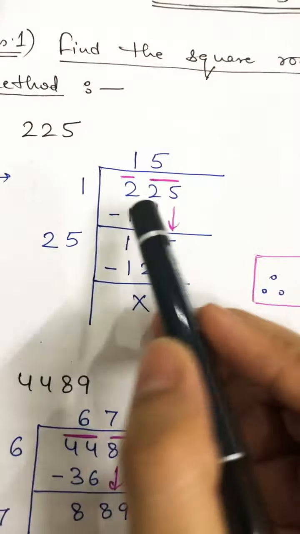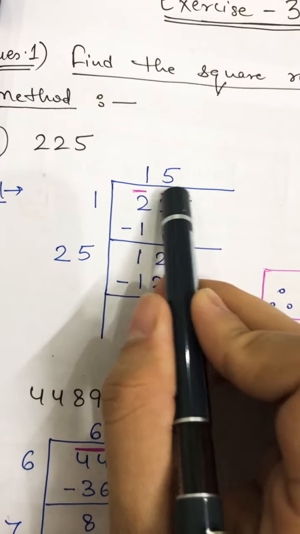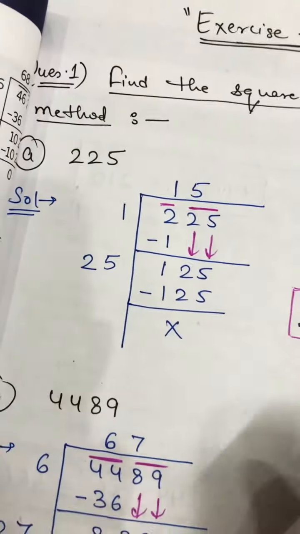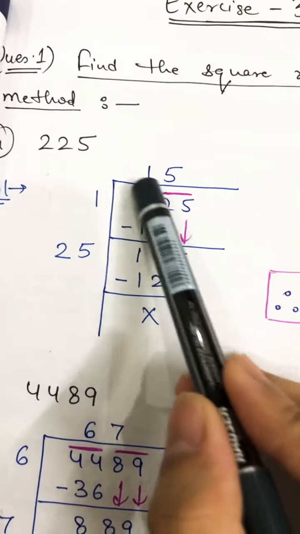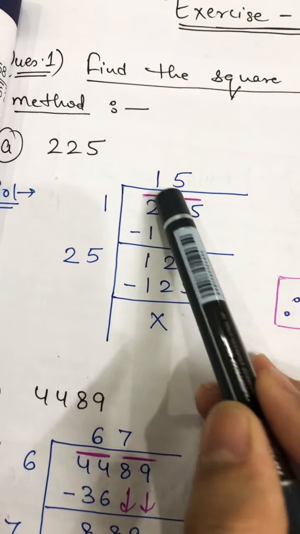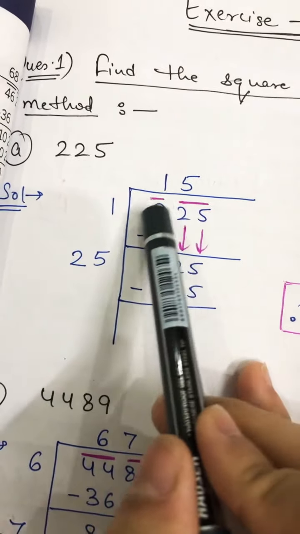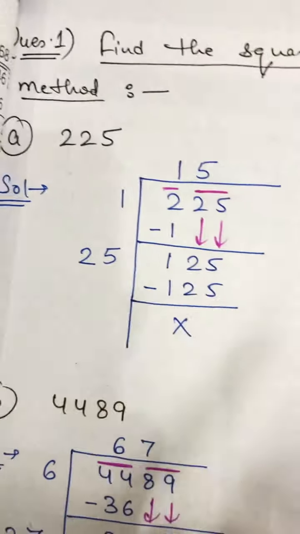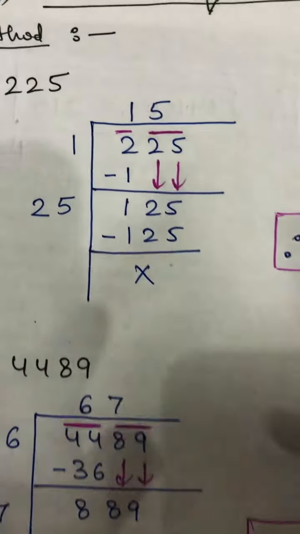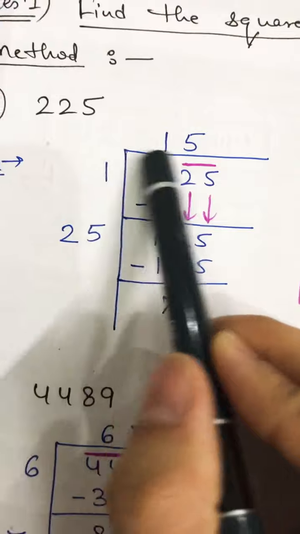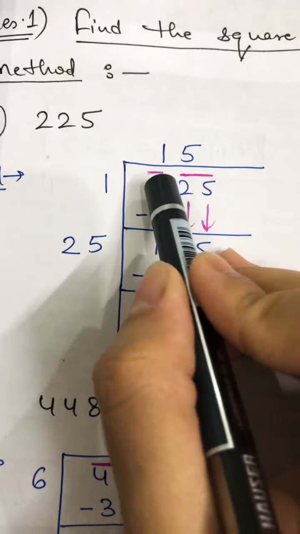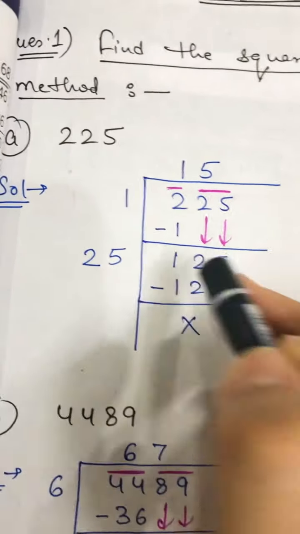Now a part is 225. I have made the pairing here: 25 is one pair, and 2 is single, so I'll make a single bar here. Now you have to see this digit. First of all, you have to calculate this. If two digits are there, then you have to see 2 digits. If 1 digit is there, then you have to see 1 digit. And you can see this only with the help of the bars. Now how to start? 2, on which table will 2 go?